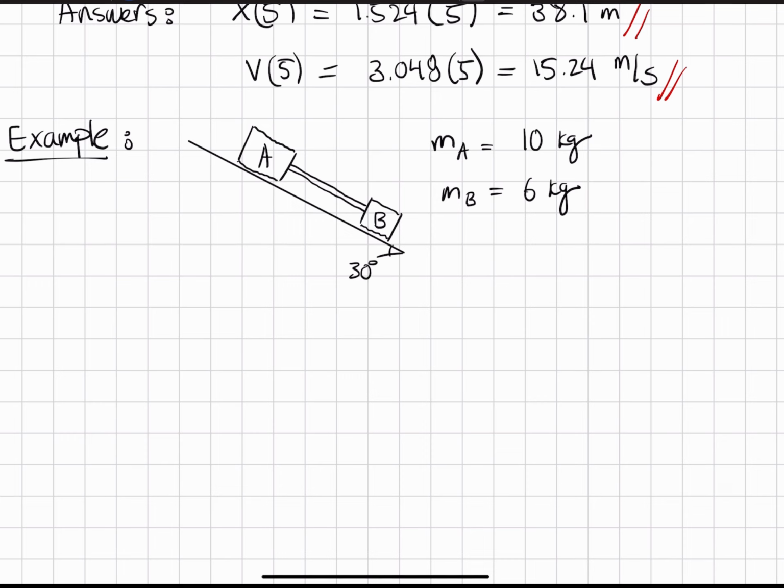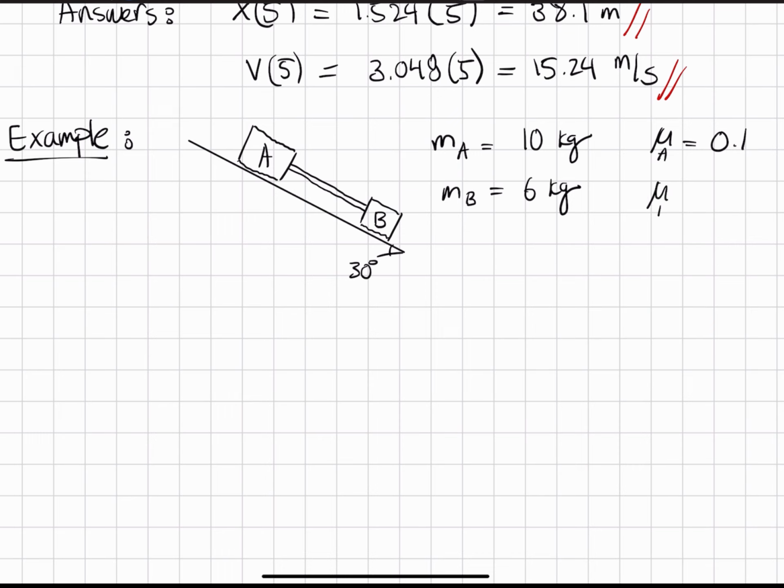Okay, so we also want to know the coefficients of friction. If you assume that A and B are two different materials, well, the way they interact with the substrate, the surface underneath them, is going to be different as well. So you have two different coefficients. So here we have mu A is equal to 0.1. We have mu B is equal to 0.3. Okay, so you're given all the coefficients of friction,